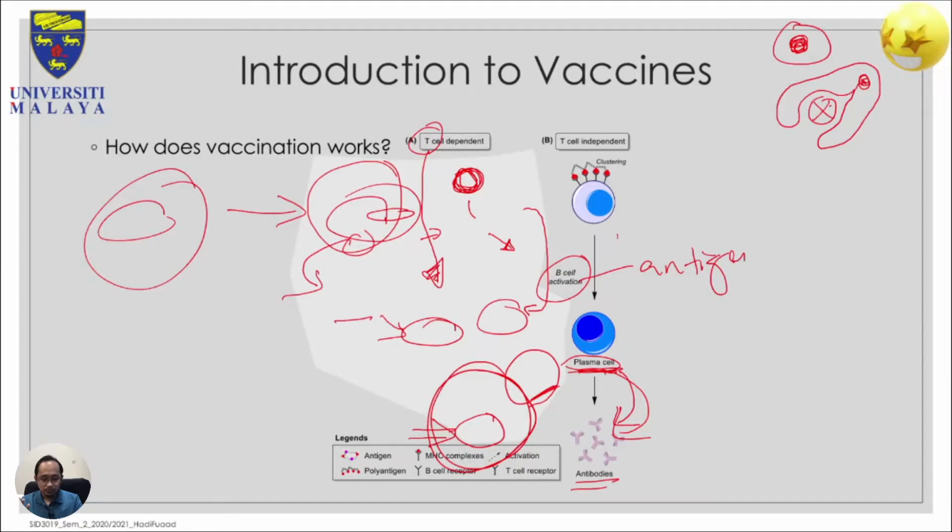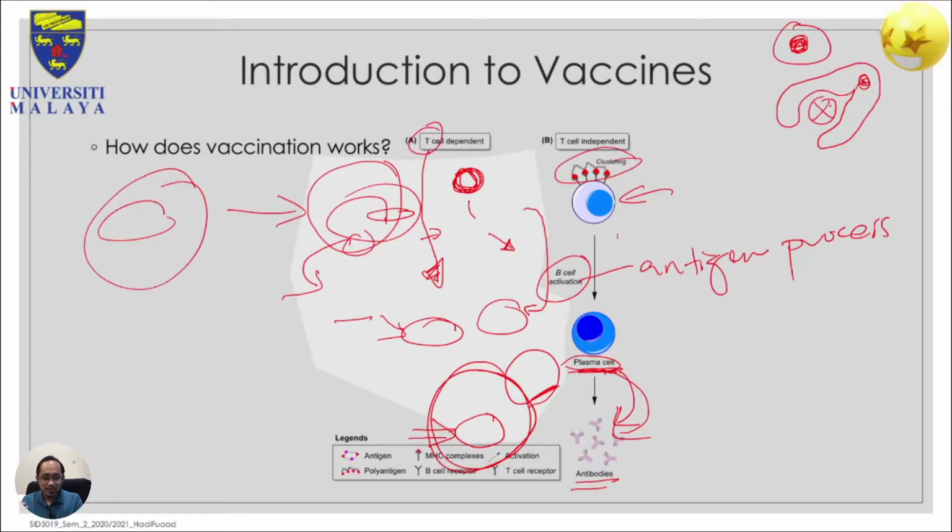Okay, because without processing, you cannot present. Okay, without presentation, you cannot produce antibodies. So from a naive B cell up here, when they encounter a clustering of molecules that mimics the foreign object or similar foreign object,